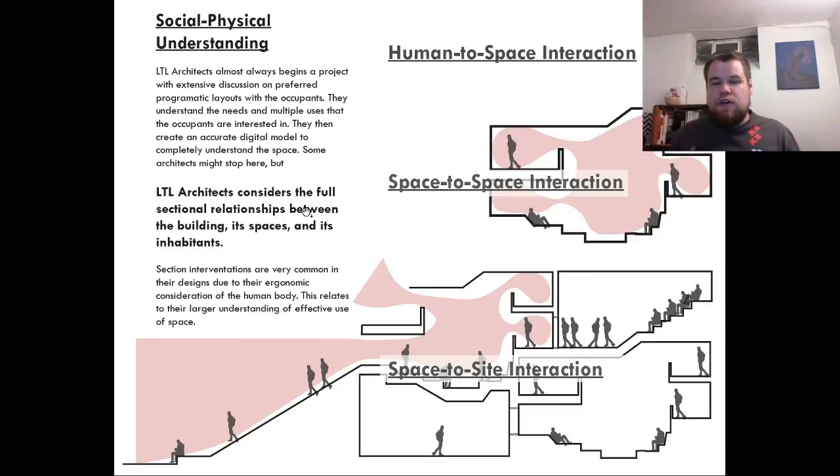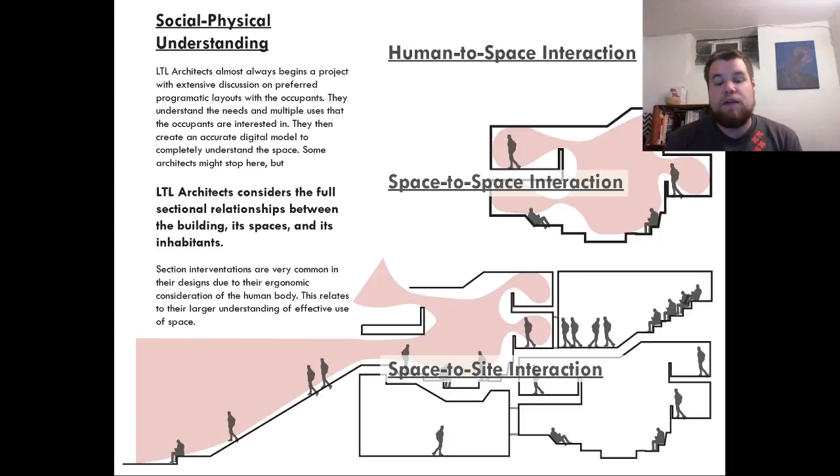You start to see here how humans can interact with space, if it's a balustrade, if it's different types of seating that integrate into the space, less of furniture in the space and more of the ways that the space can reach out and interact with a human that also interacts with it.